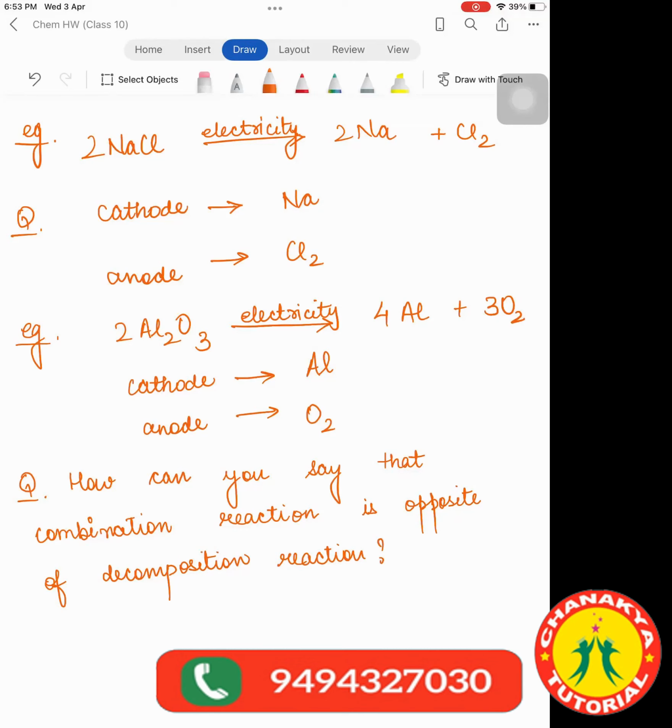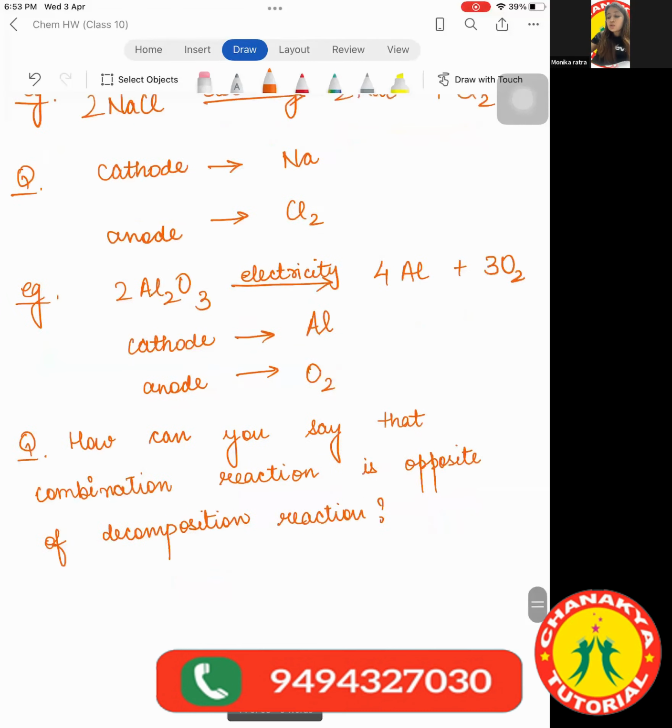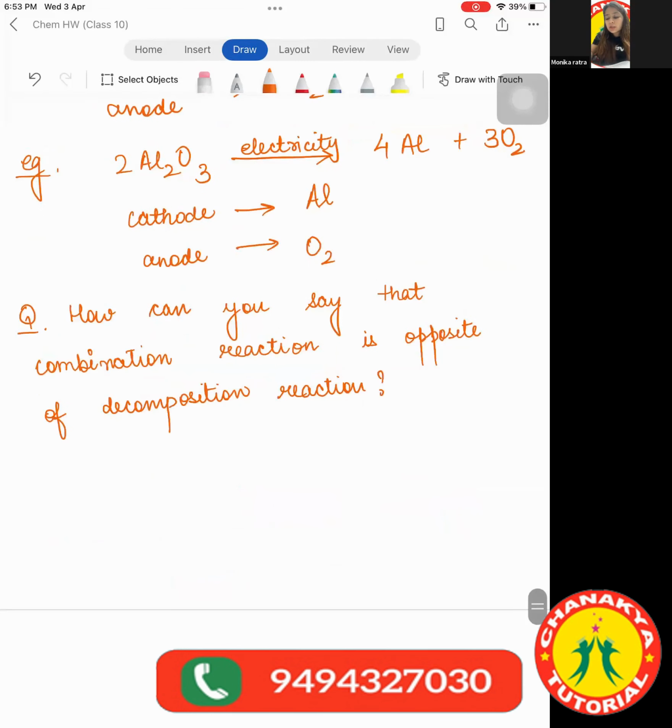Ma'am, in the combination reaction, there are two reactants and one product. But in the decomposition reaction, there is one reactant and two products. Yeah, two or more products. Very good. So why are they opposite of each other? Because in combination reaction, two or more substances combine to give one product,